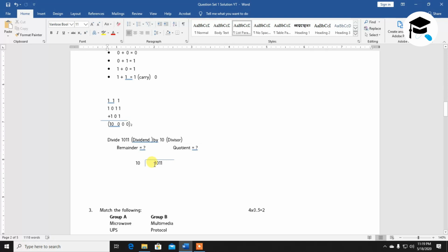It means what should we do? We should add 1 0 here. Why? Because 10 is greater than 1. Obviously 10 is greater than 1. You convert this into decimal format. 10 means 2, 1. 2 is greater than 1. Then can we divide this? No. Let's add 0 here. Okay, this 0 has been added here as well.